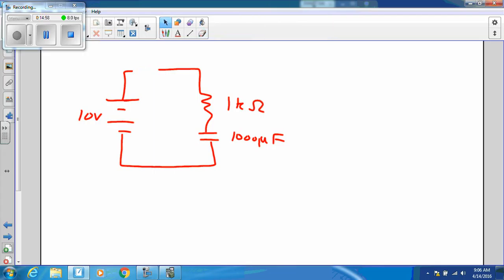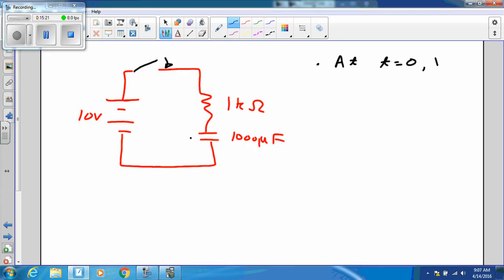And the usual setup here for this circuit is that we are going to have a switch. At time t equals 0, we are going to flip the switch here, and we're going to allow the circuit to charge. Now that assumes the capacitor is initially uncharged, and in all of these problems we usually make that assumption. So our typical assumption is that at t equals 0, the voltage drop across the capacitor is 0,